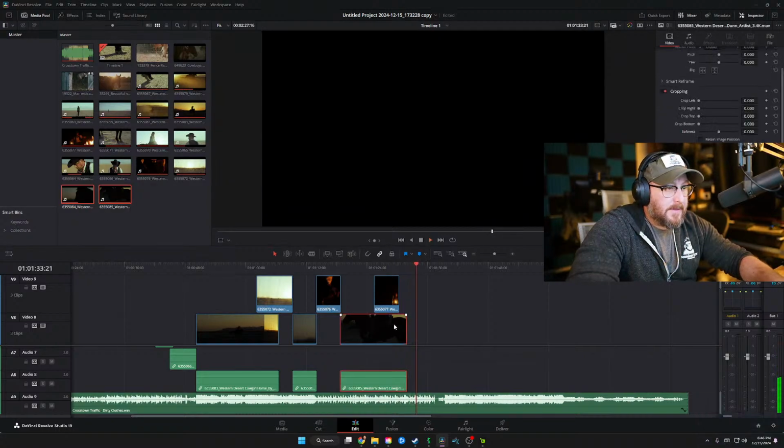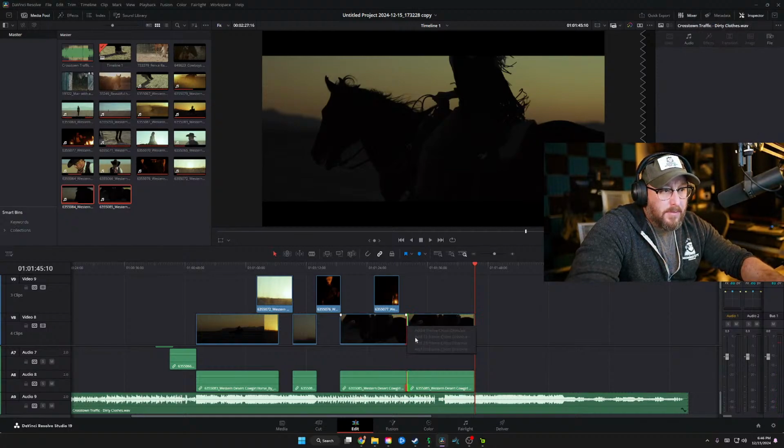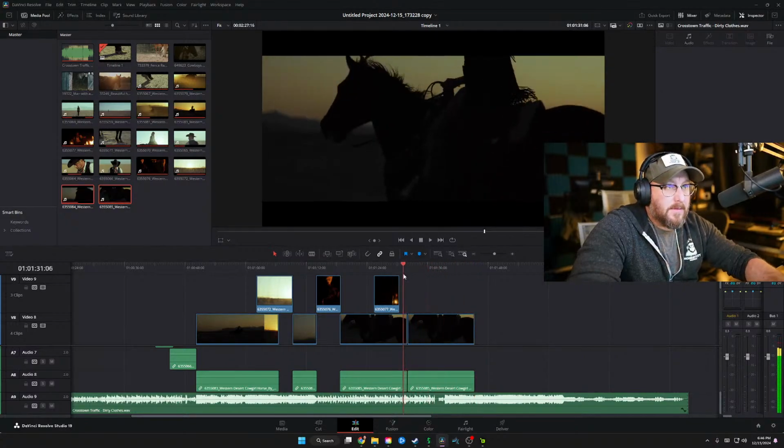I think I'm going to copy this and I'm going to paste this right here. And then I'm going to blend. I don't know if I can blend these files actually. I don't think that's possible. But